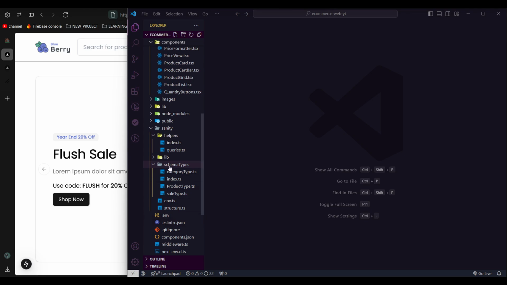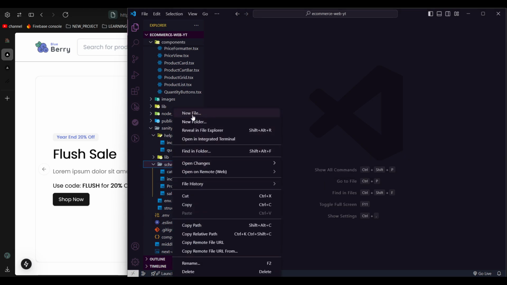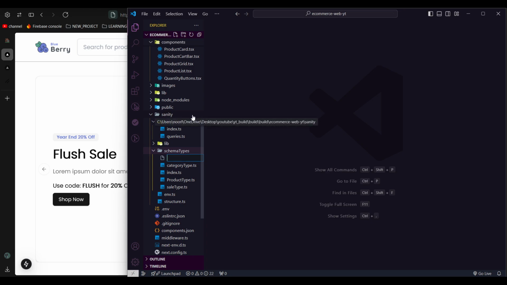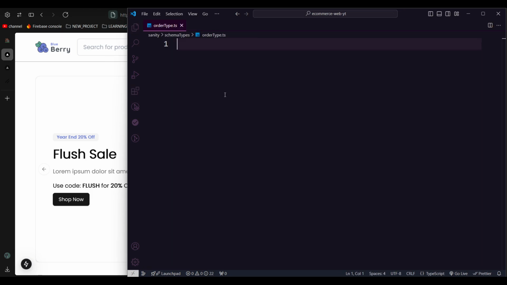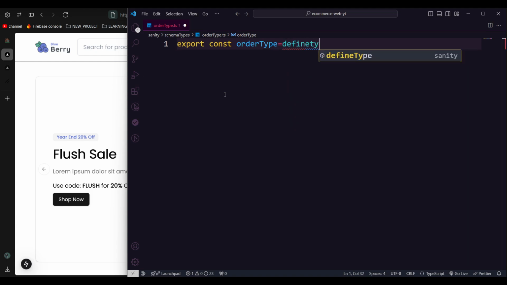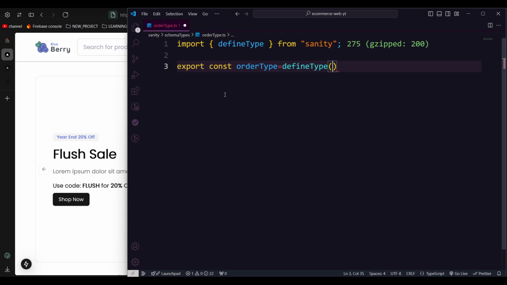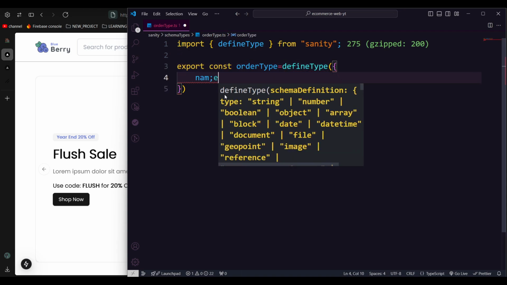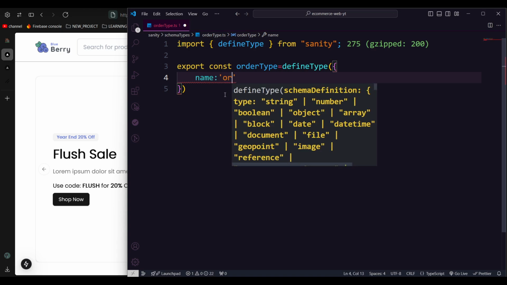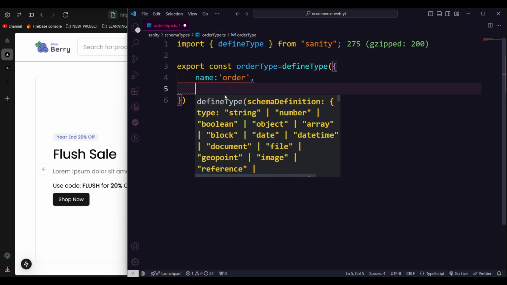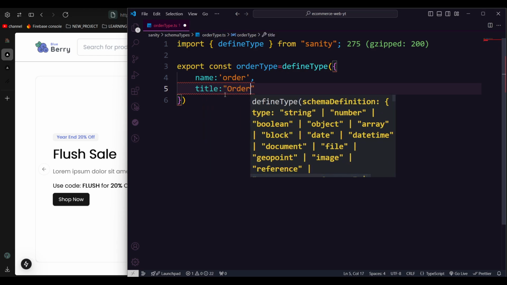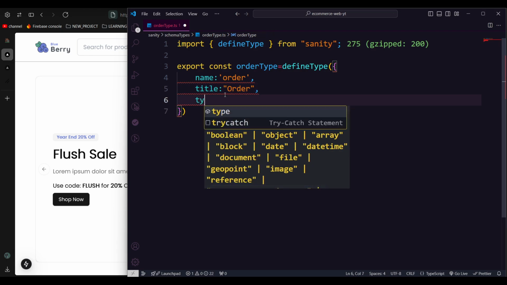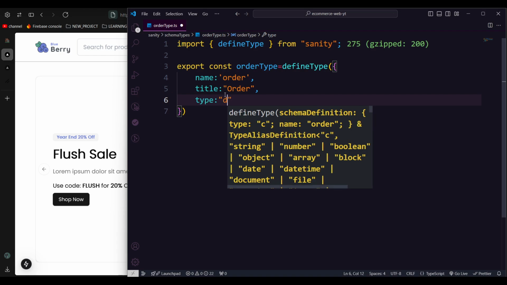In the schema type, this will be one of the core schemas. So you need to be very careful, don't mess around, be quiet, type and be careful with that. So in the order type.ts, we're going to type our order schema. It should be export const orderType. It should be defineType, and in the defineType parameter we're going to pass an object, and over here we're going to pass a name, and the name should be order, by which we can grab the data from the database. The title should be a capital Order, and then we're going to make the type, which will be a type of document,